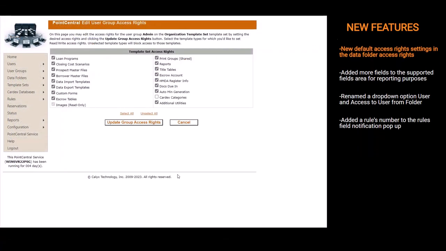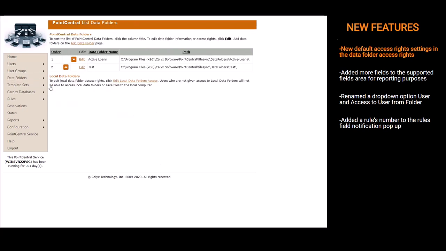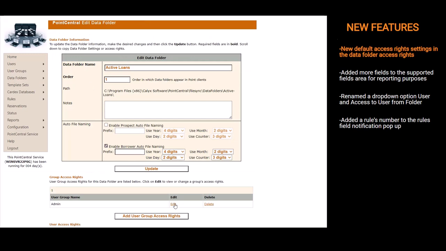In the Data Folders access rights, we've added several default folder access rights settings. This should help speed up the setup process for admins. This is found under the Data Folders. And I'm going to open up a data folder and a user group that I've given access to this data